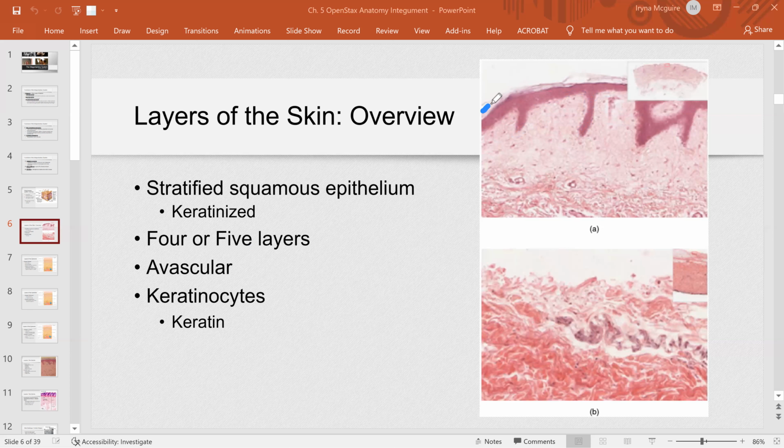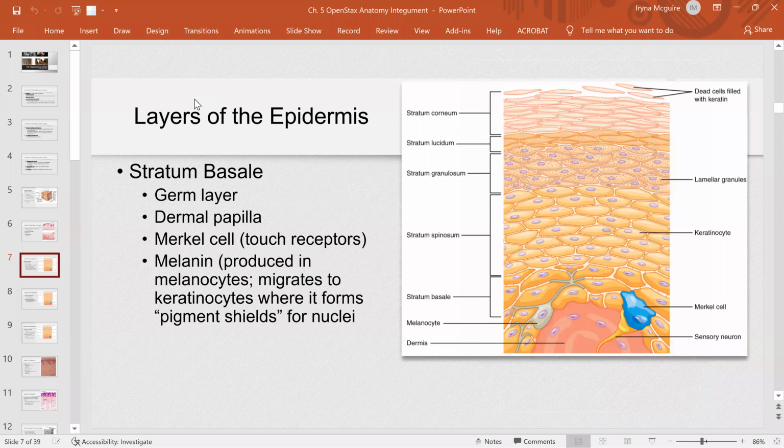And also these lines on the top are actually dead flakes of keratinocytes. So keratinocytes died, and you have lots of keratin on the surface that gives you this mechanical and physical barrier. So we just said that we have 4 or 5 layers of epidermis, and this is the name: